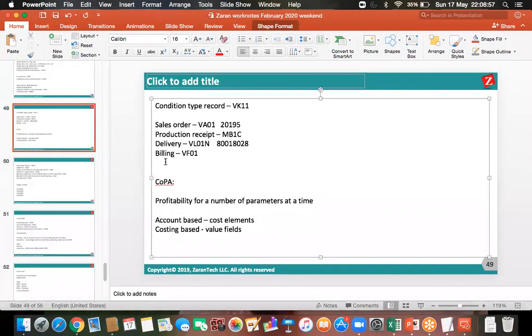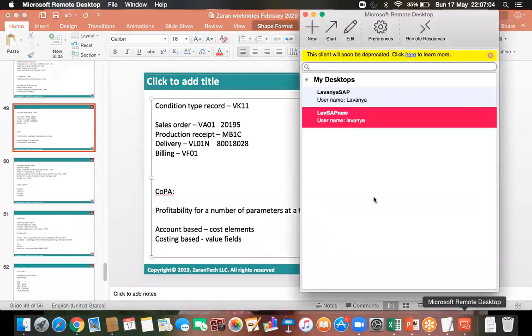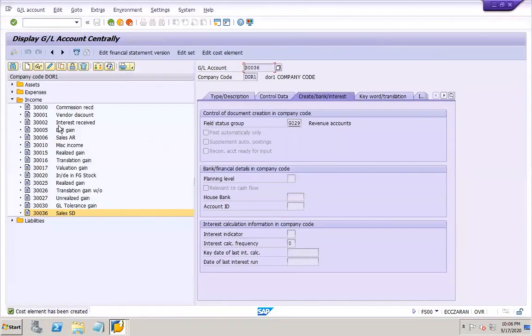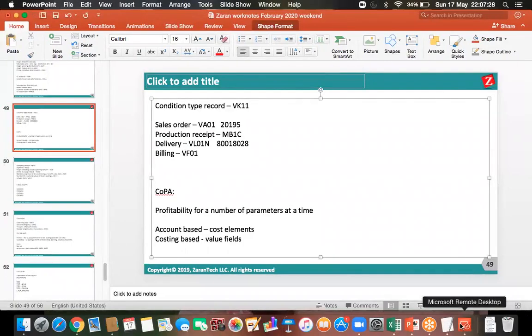I can also create a COPA document manually from FI. How? By changing the PA transfer structure. Now go to PA transfer structure, KEI2. But before that, what you need to do is, the sales account is there now. Okay, it is not posted automatically. Fine. So now the PA transfer structure is there. Now what you need to do is